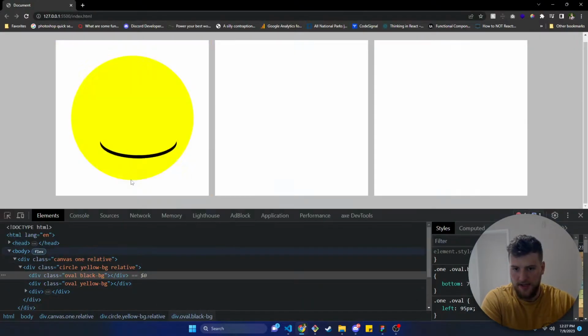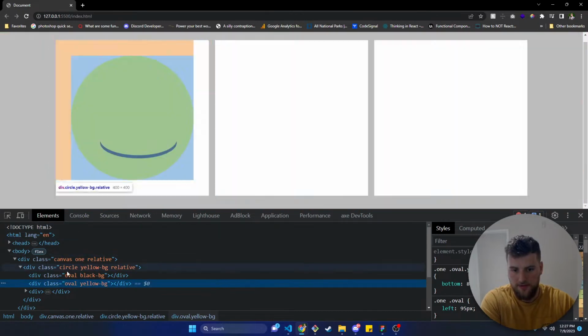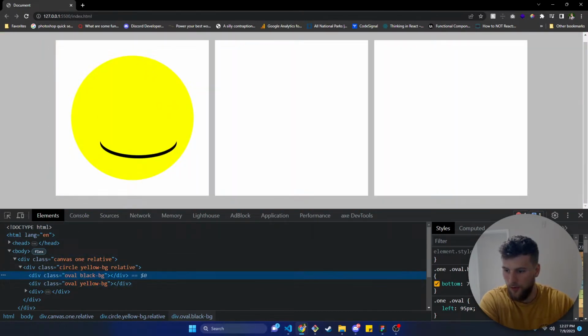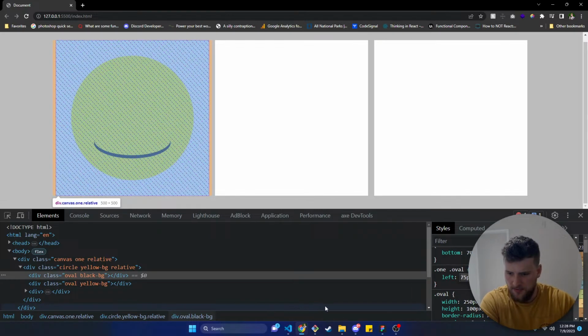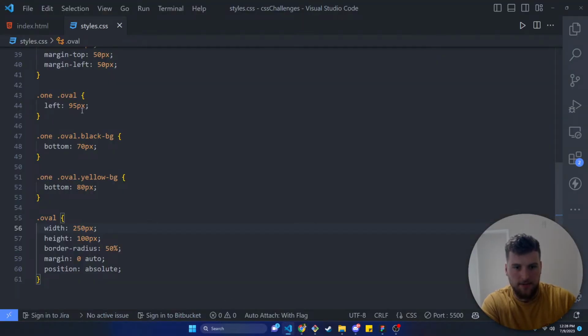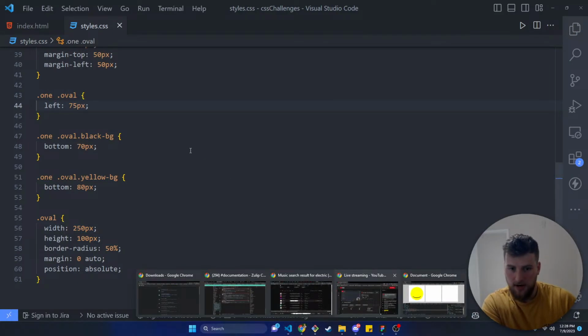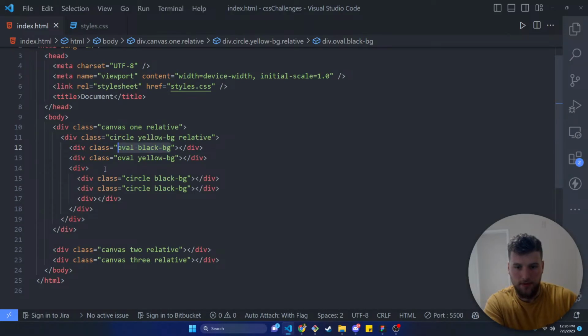And then does that still look like it's in the right position? No, we need to move it to the left a few pixels too. So what, 80, 70? Is 80 centered? The 80 looks 75. Yeah, I think 75 is good. So left is gonna be 75, save, go back here, and then we're gonna do the nose, which I don't